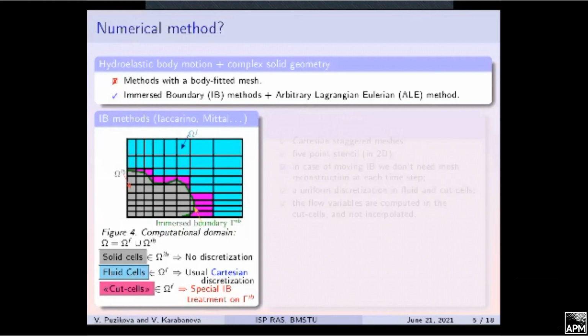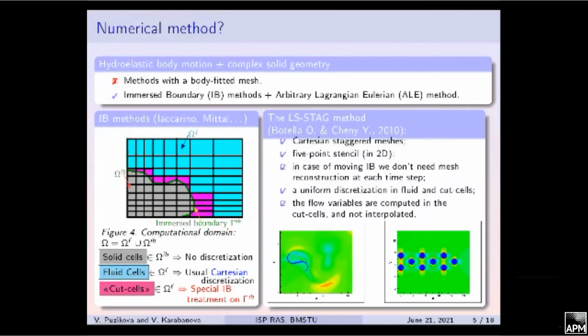Cells which the immersed boundary intercepts are the so-called cut cells. These cells contain the solid part together with the liquid part. The treatment of the cut cells is the most important issue of immersed boundary methods. And the LS-STAG cut cell immersed boundary method for viscous incompressible flows